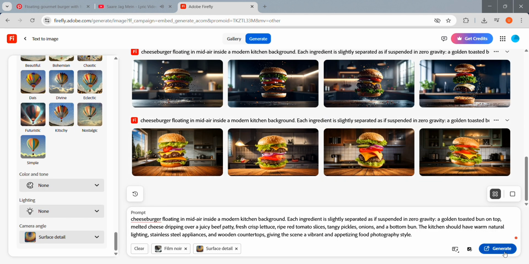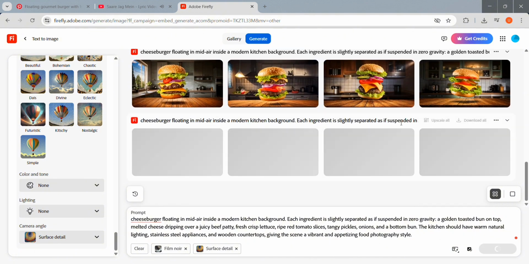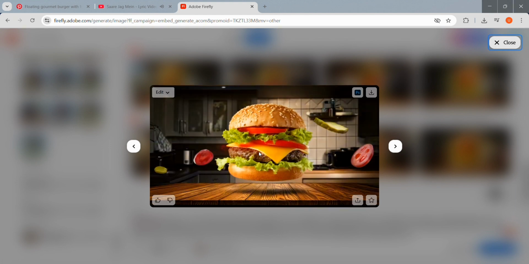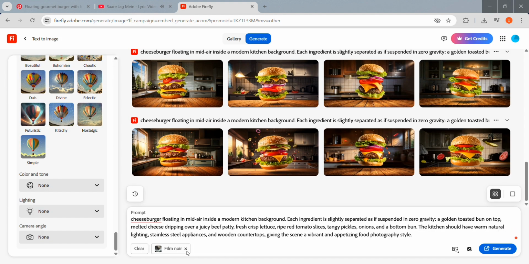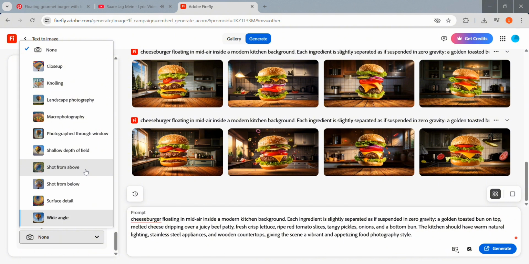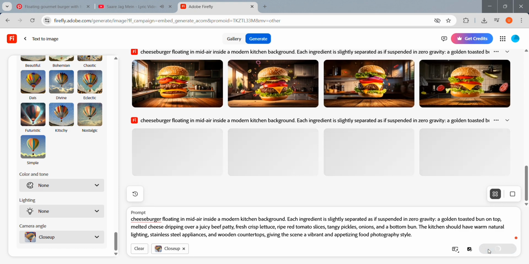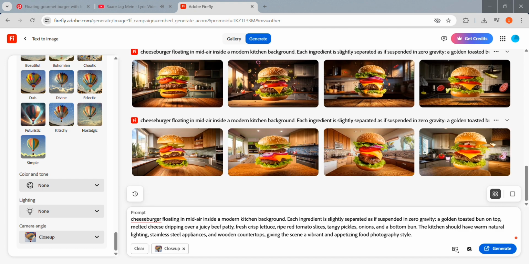So these also look good to me. Okay, no, I am gonna try another angle with lighting and camera. This is okay-ish. No, I'm gonna try another layer. Okay, let's see. No, it's too bright.